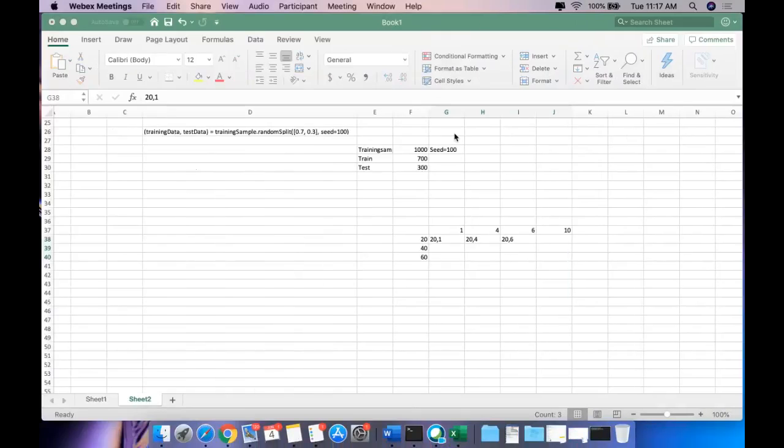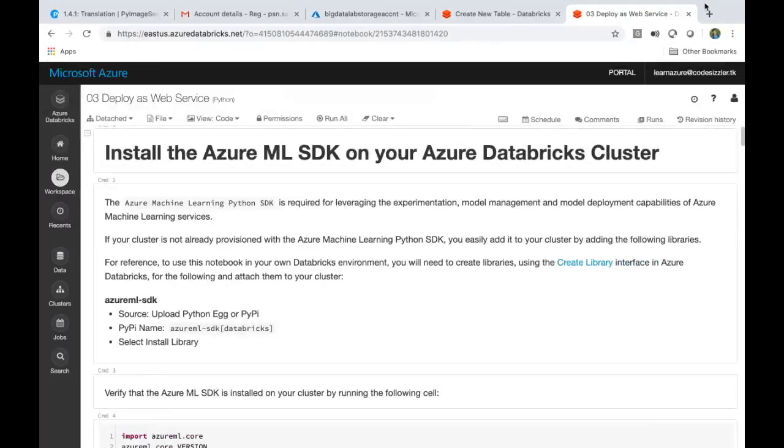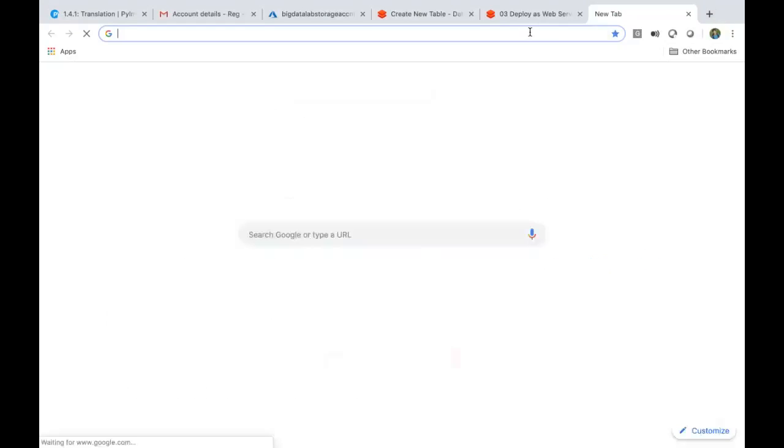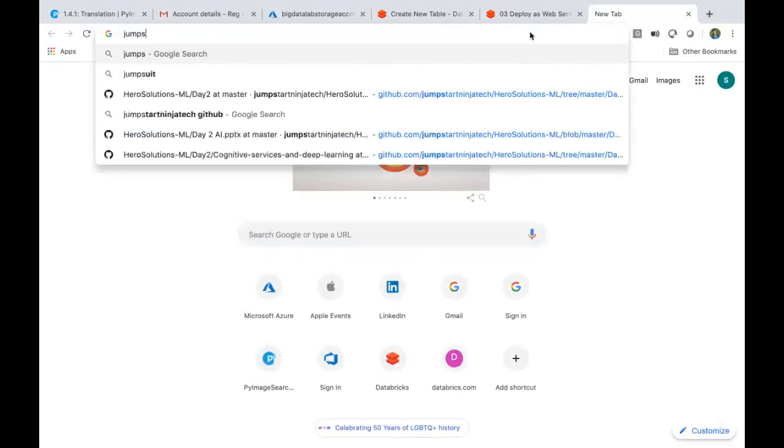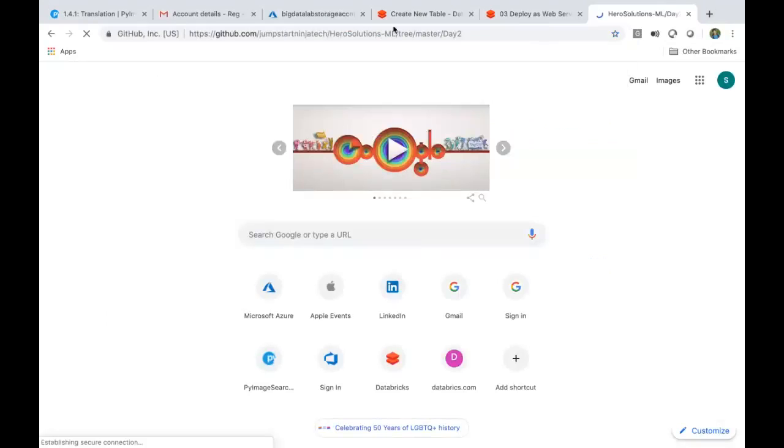Would it be possible to share the Git URL for these files? Yeah, I guess we've already shared it, right? The import URL. Okay, the import URL. You want to have it? What's in the Jumpstart Ninja? This might be the one, not this one. Sorry.